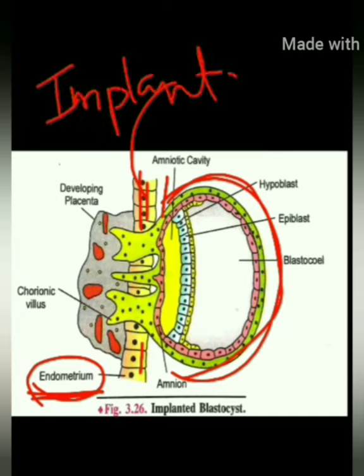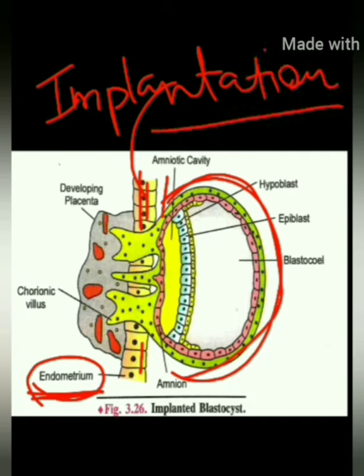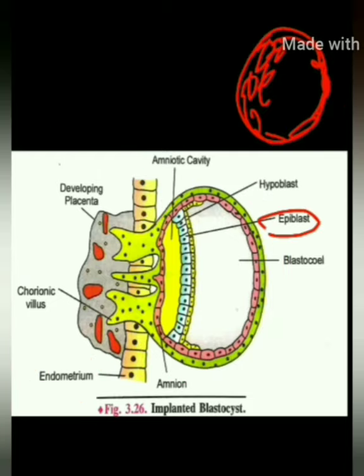This is called the implantation. This is the last step, that is called implantation. So ultimately the blastocyst gets implanted into the endometrium wall. So after the implantation, what are the changes that occur in this